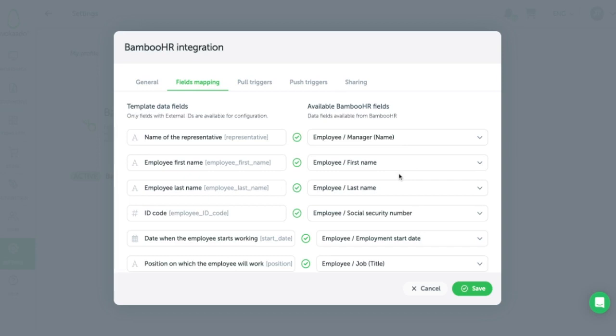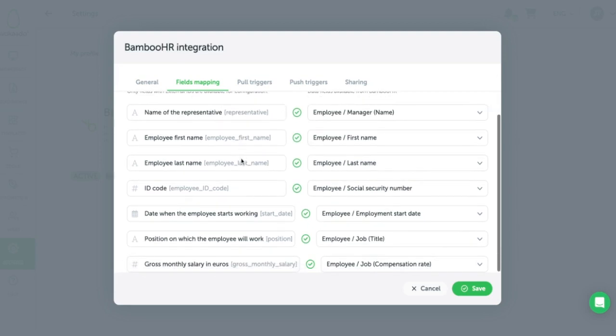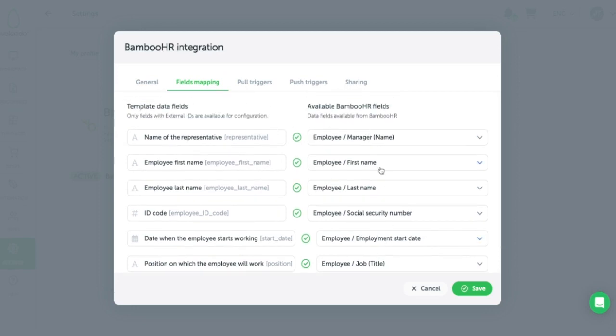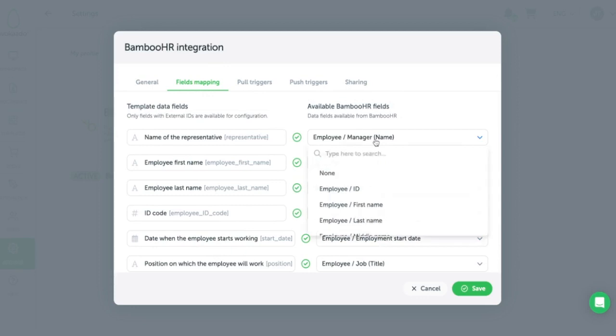Here is the field mapping page. On the left side, you can see the fields available from the template. Almost all fields can be used when mapping in the integration, but the main key is that they have an external ID set for them, which we can see here in the brackets, and that's how you'll get them to be visible here. On the other side, we have the fields from the software,